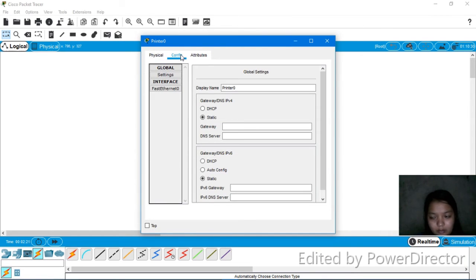and then the global setting, and then static. I will use a default gateway as the 192.168.0.1, and then I will put the DNS as 64.100.8.8, and then